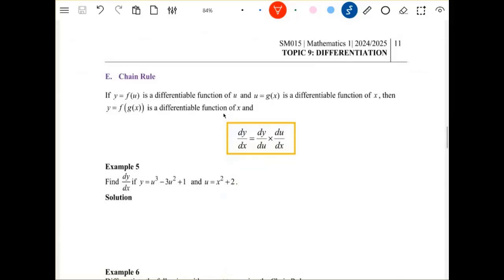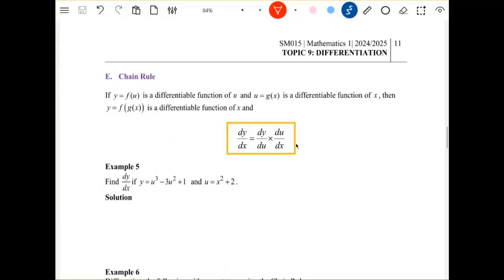Okay, the next one adalah chain rule, which is we're gonna have to use this rule again in the chapter 10 application for the differentiation and also for the 9.5, which is for the parametric differentiation. Okay, so we have the concept which is dy over dx equal with dy over du multiply with du